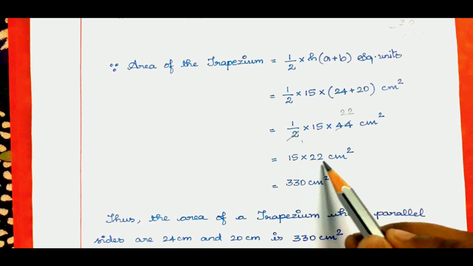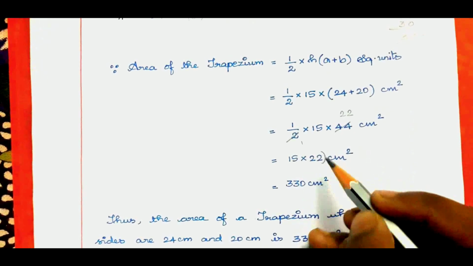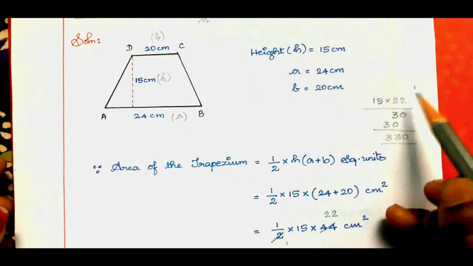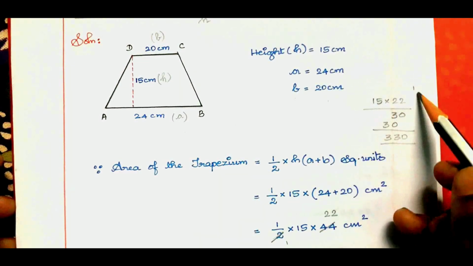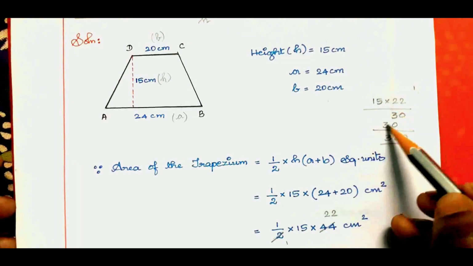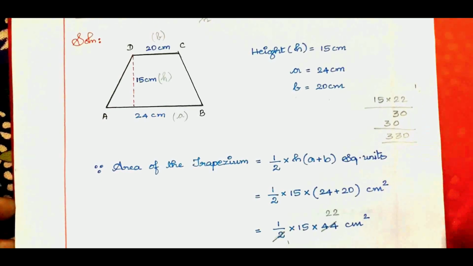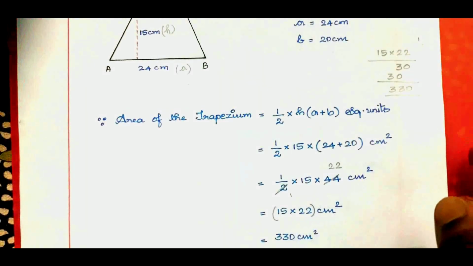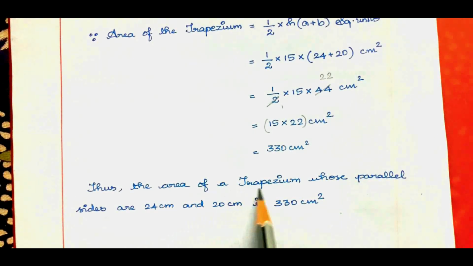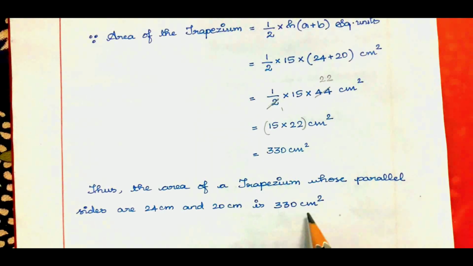So 15 into 22 centimeter square, which is nothing but when we multiply we are getting 15 into 22, 2 5s are 10, remainder 1, 2 1s are 2, 2 plus 1 3. The same way 5 2s are 10, remainder 1, 1 2 is 2 plus 1 3. So we got the answer as 330 centimeter square. Thus, the area of the trapezium whose parallel sides are 24 centimeter and 20 centimeter is 330